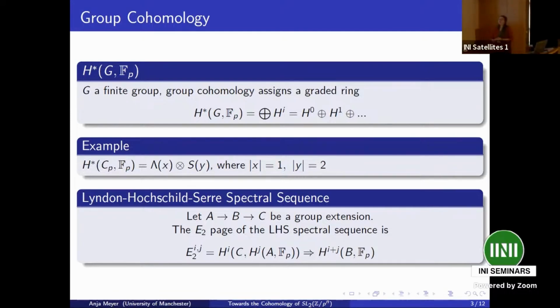The gist of what we're doing is we have something complicated in the middle. We have a group extension, which is just a fancy phrase for a short exact sequence of groups. And we would like to understand the cohomology of the thing in the middle, which is complicated. We do it by approximating it from the things on the side. So we have an E_2 page, and this just means imagine a book with infinitely many pages in it.